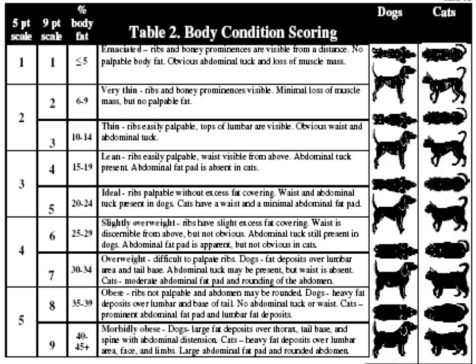If you go down in number on the slide, to lower numbers, so to a 2 or 1, then those are various degrees of underconditionedness. That is, less and less body fat and typically less muscle mass as well. So when you get down to a body condition score of 1, whether it's out of 5 or 9, those dogs are very emaciated and usually have less than 5% body fat.